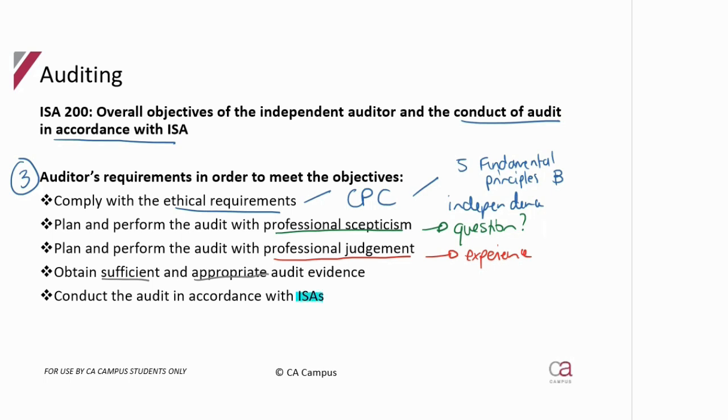So where an ISA, an International Standard on Auditing, is applicable for this audit, I need to adhere to that standard. If I meet all of these requirements, guys, I will do the audit and express the correct opinion. Because provided I'm doing what I've been told to do, I should come out correct at the end.